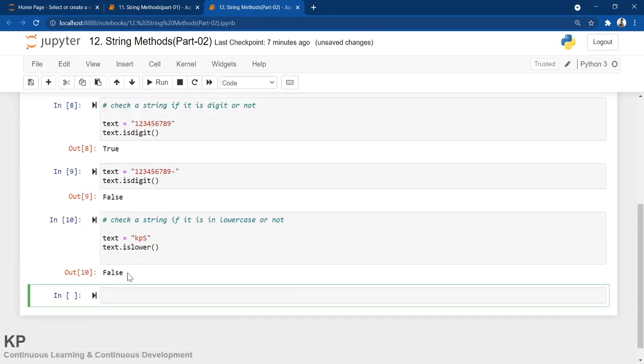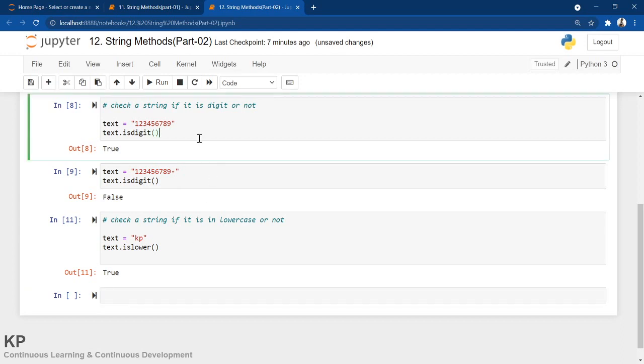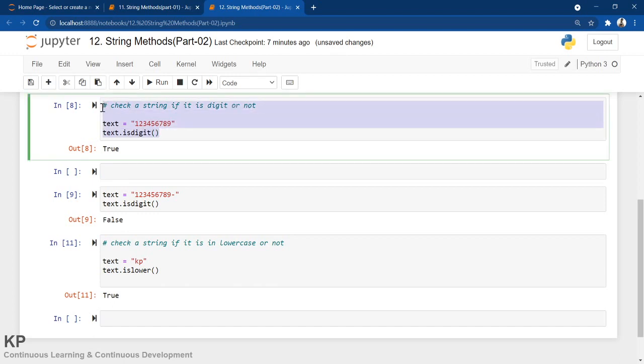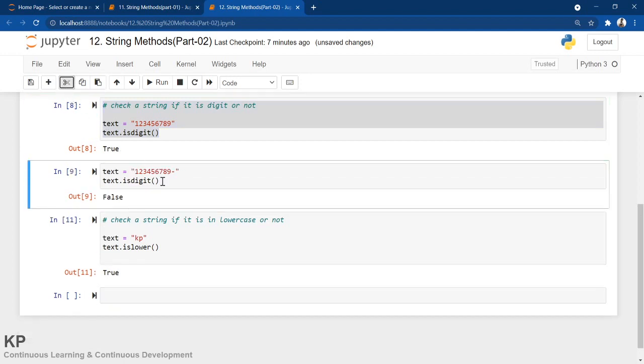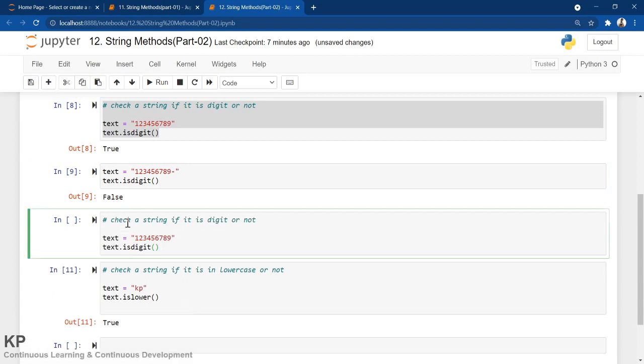Let me print, it is giving false. So if I do small s, or I can remove this, now it should give true. Similarly, as we have seen for digits, there is one more method for this, that is called numeric. Let me copy and paste it over here.